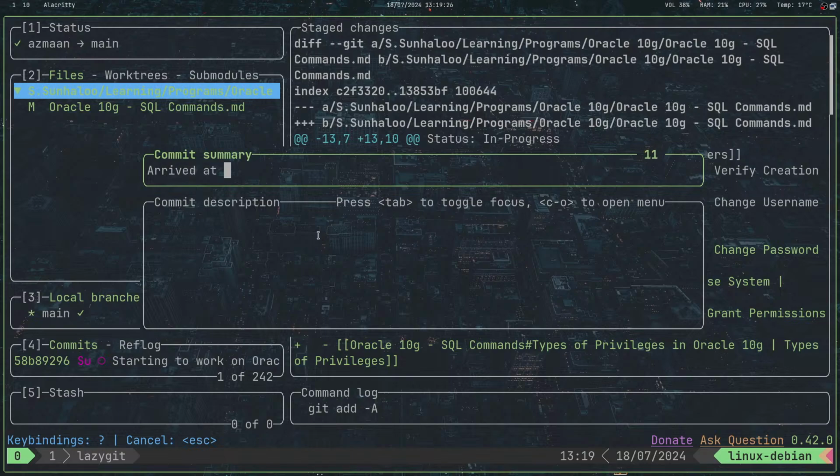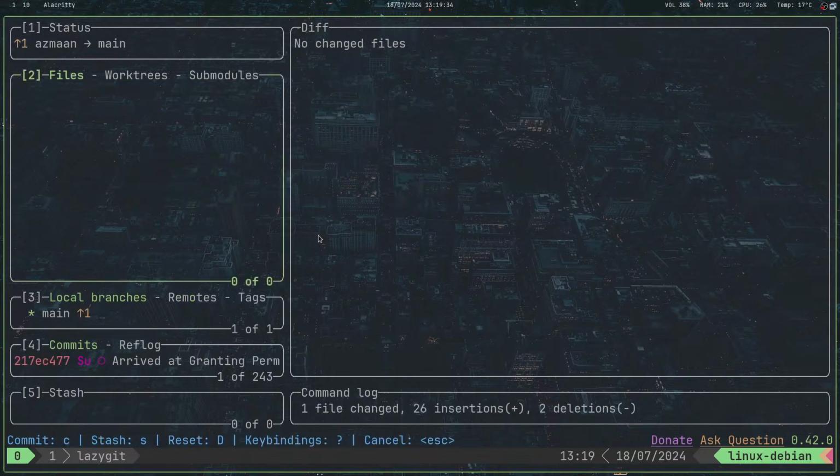Arrived at granting permissions to user. Push this and then